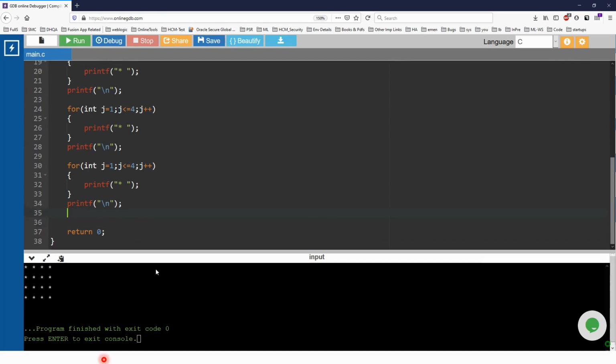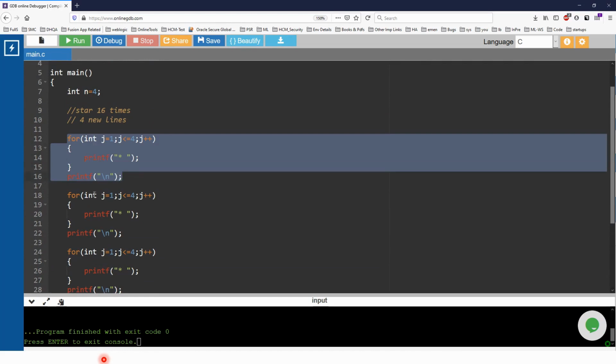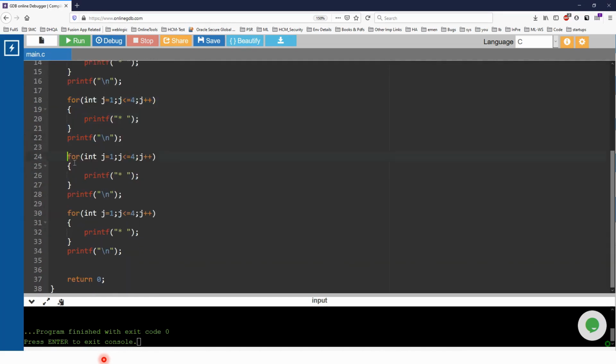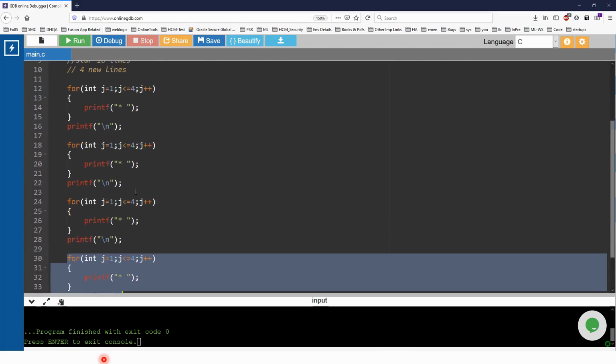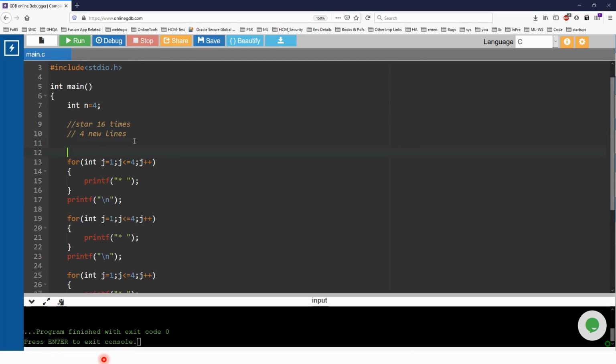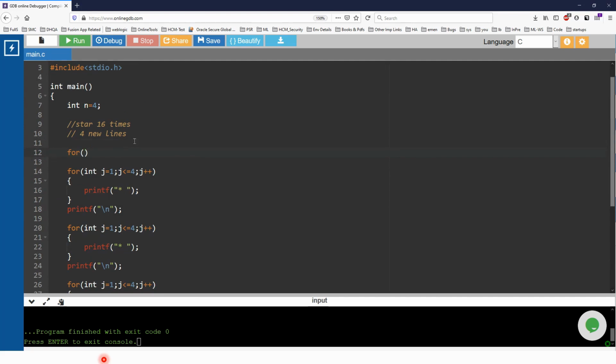But again, if you observe, this is to print one line, right? This is to print a second line. This is to print the third line. This is to print the fourth line. You see the same code repeating again, right? This you can also write in a loop. So that's why we need to create loops: whenever you have repetitive code, you can write a loop and keep your code inside that.